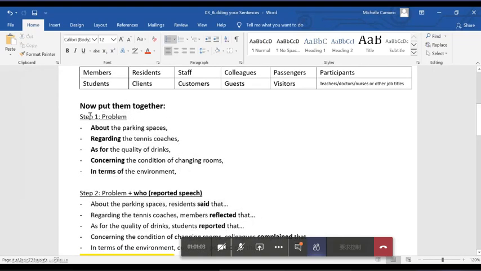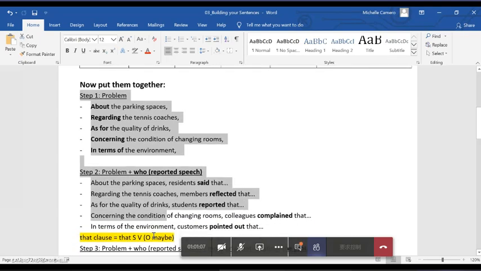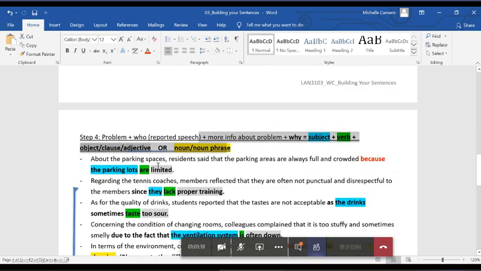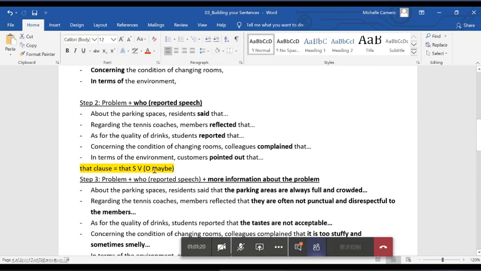I have a feeling, though, a lot of students might like this because this document makes building sentences look very easy because they break it down into steps for you. But be careful when we get to step 4, and I'll explain why when we get to step 4. Also,